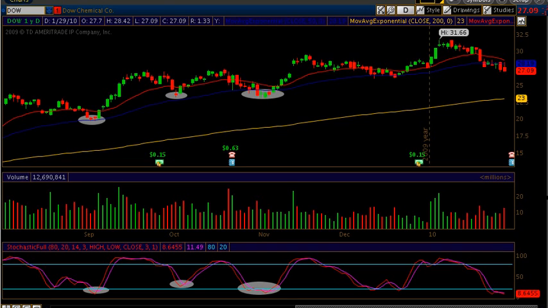But if we look at the last gray area, the stochastics got down to oversold, and it looked like it wanted to pop up above the 20 mark, which actually I think it did, but then it kind of pulled back again. I possibly would have taken that trade, and then at that candlestick where it started to get embedded, I probably would have gotten out of the position because it broke through the 50 period moving average, and then I would have waited. I would have gotten back in once the red line crossed back over and we started closing above the 50 period moving average,